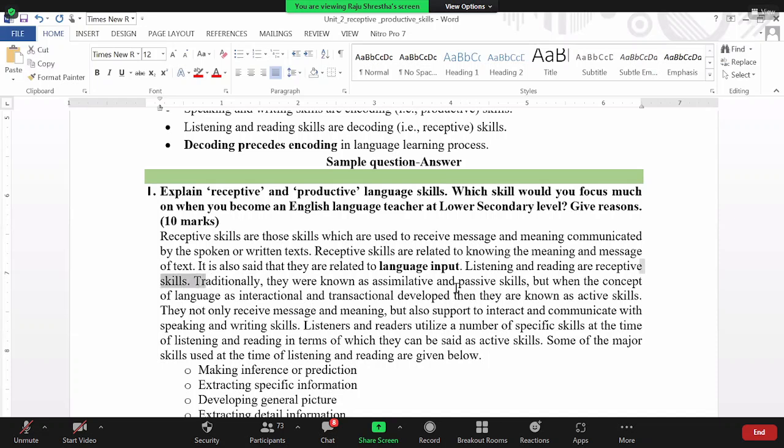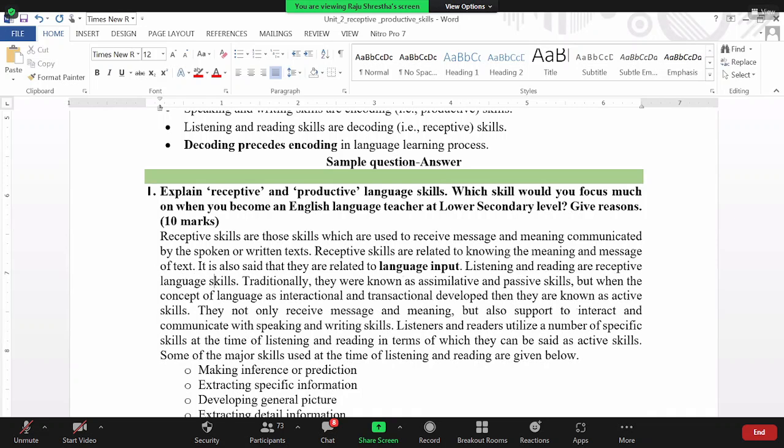यो माथि नै आइसकेको छ, अब receptive skills. Listening and reading are receptive skills, receptive language skills. Traditionally they were known as assimilative or passive skills. पहिला हामीले listening र reading लाई passive skills, assimilative skills भनेर भनिन्थ्यो, but today in the present time listening and reading are not passive skills,